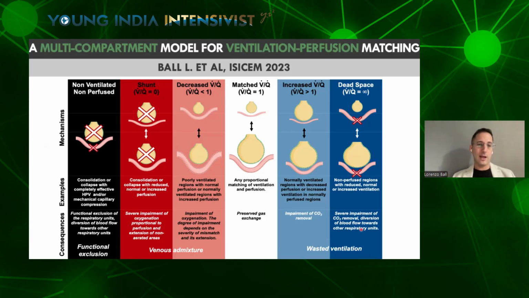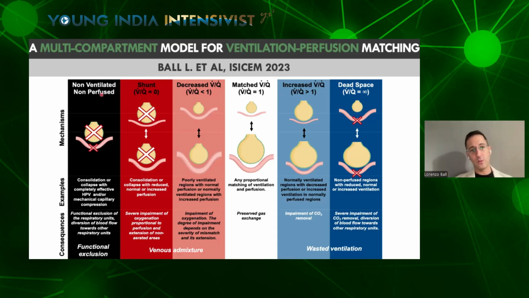And we know that in our patients, the lung is heterogeneous, so sometimes having a large dead space does not only affect CO2, as many of us are prone to think, but also involves shifting the blood to more sick regions and potentially worsening oxygenation. On the other hand, we have decreased VQ, in which we have venous admixture, going to the extreme of having no ventilation at all at any level of perfusion, which is called shunt, and which is a heavy contributor of hypoxemia in our patients.